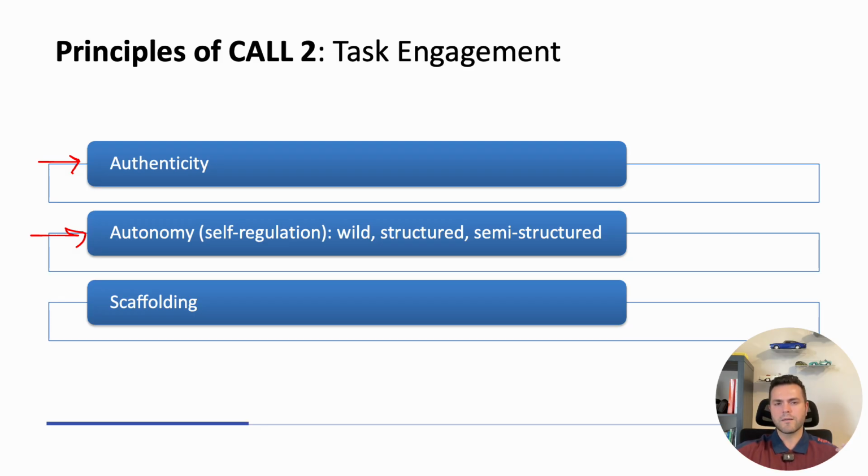CAL tools should support different levels of learner control, from free exploration, let's call it wild, to structured tasks, to something in between. And finally, we have scaffolding. This is where we gradually build up difficulty, giving just enough support at the start and reducing support as learners gain confidence and mastery. So we have 3 task engagement principles: authenticity, autonomy, and scaffolding. And that brings us to